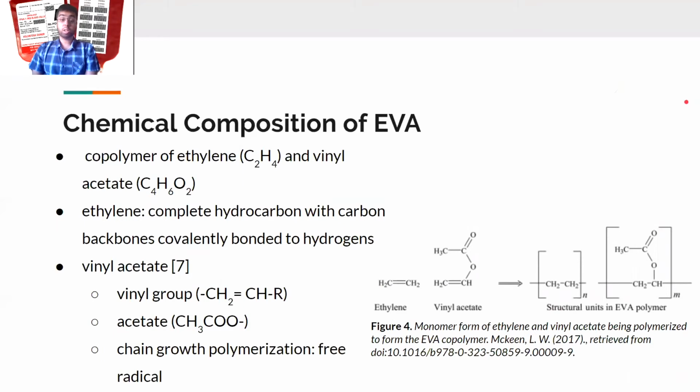EVA is a copolymer that is formed by 2 subunits of ethylene and vinyl acetate monomers. The ethylene monomer is a complete hydrocarbon, while the vinyl acetate monomer consists of a vinyl group which is chemically the same structure as ethylene with 1 less hydrogen, thus providing one of the carbons with a spare valence electron. This electron is covalently bonded with acetate, which serves as vinyl acetate's functional group. The EVA polymer is polymerized through free radical polymerization, by which both monomers are covalently bonded to one another or